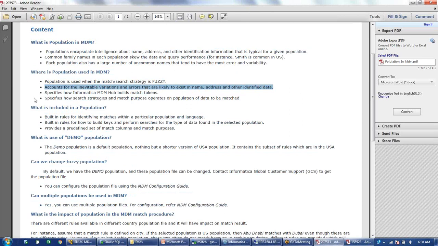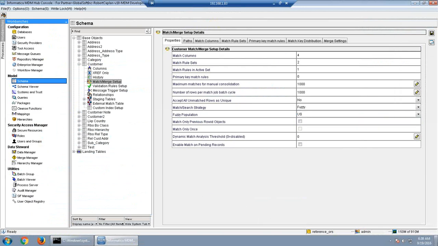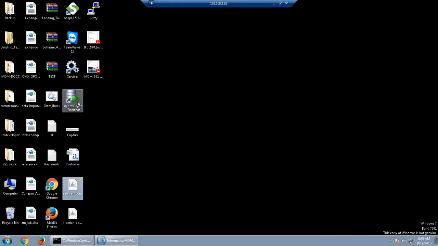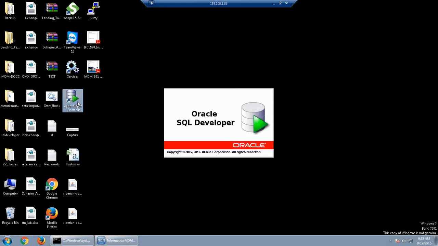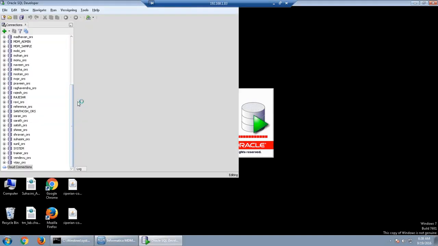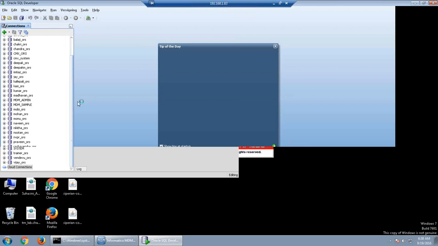This population resides in one of the tables, called C_REPOS_SSA_POPULATION. Let me open SQL Developer and show you the table where these populations will be. There are some default populations present there, and there will be an enable indicator. There we need to go manually, enable the flag, and restart the server. Once we enable it and restart the server, we will see that specific country name coming in the drop down.